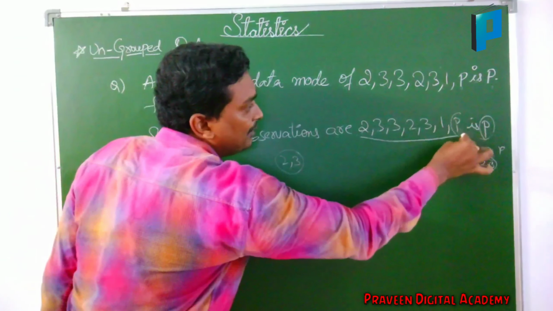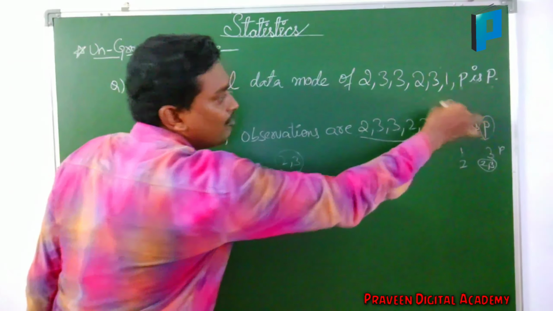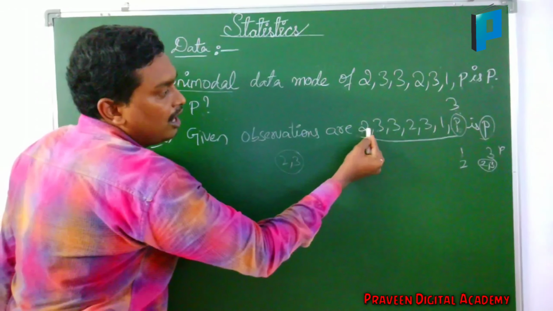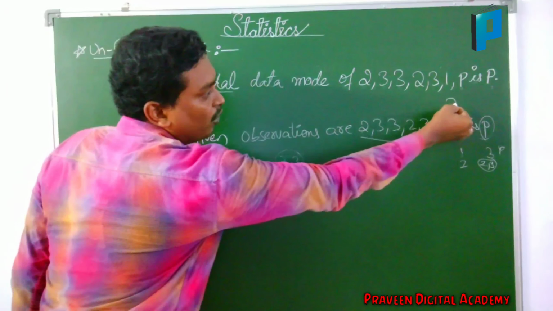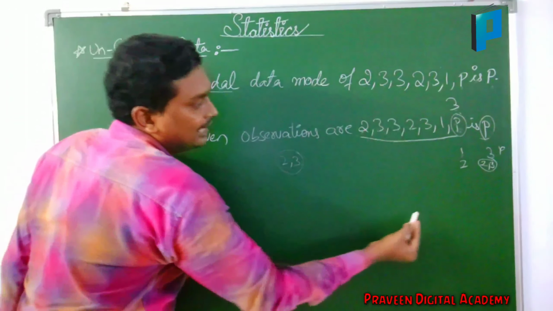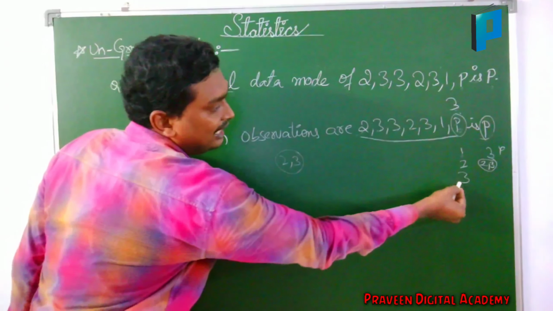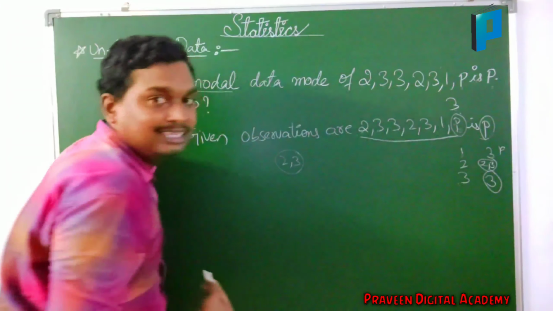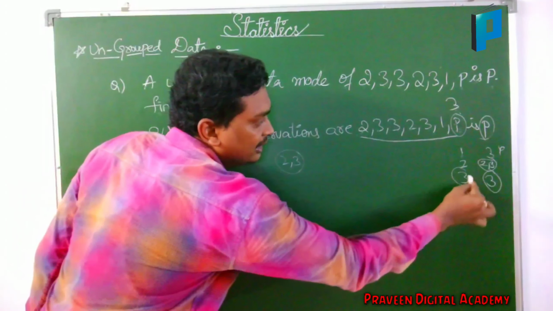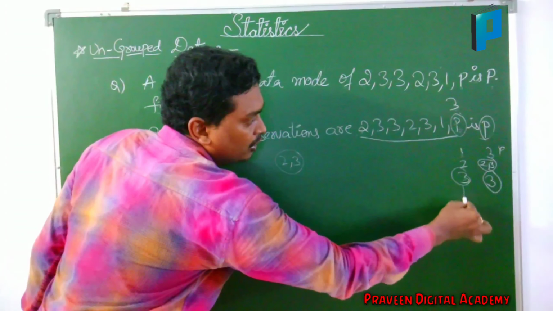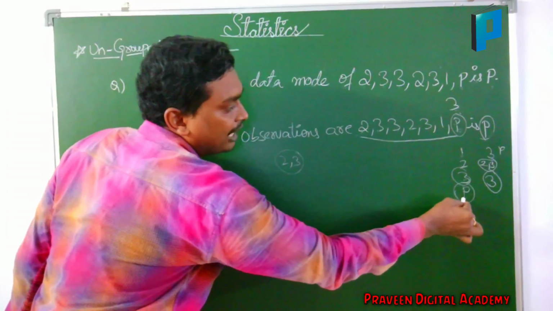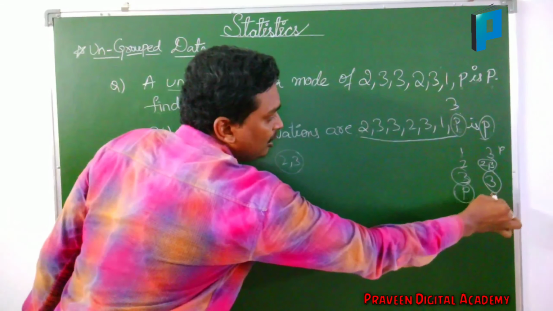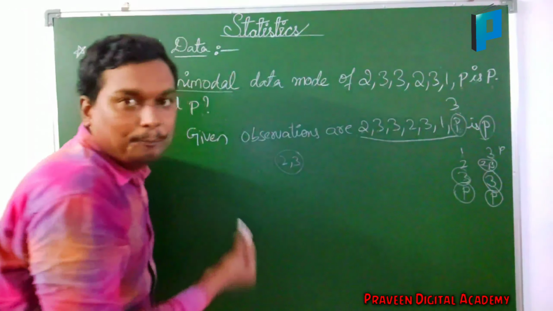So what to keep in the place of P here? If I will keep 3, what is the mode I will get here? 1, 2, 3, 4 times. 4 times is repeating 3. If I am keeping 3 in the place of P, I will get again the mode as 3. Means here these both are equal. In the question also they said, whatever you are keeping in the place of P, you will get the same mode P.